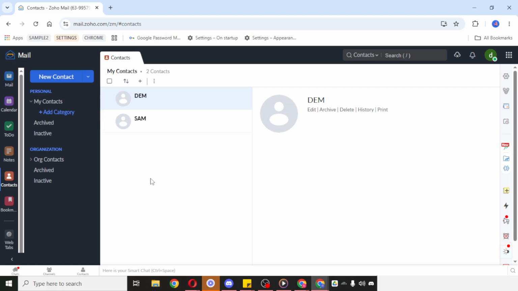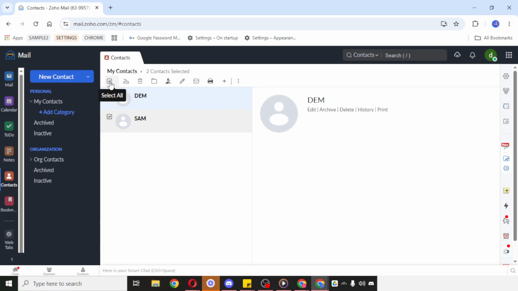At the top of the contact list, look for the checkbox above the contacts. Click that checkbox to mark and select all of the contacts shown in the list. This is the easiest way to include everyone at once instead of manually choosing each person individually. Before moving on, it's a good idea to quickly confirm that the correct contacts have been selected, especially if you manage multiple lists or groups.